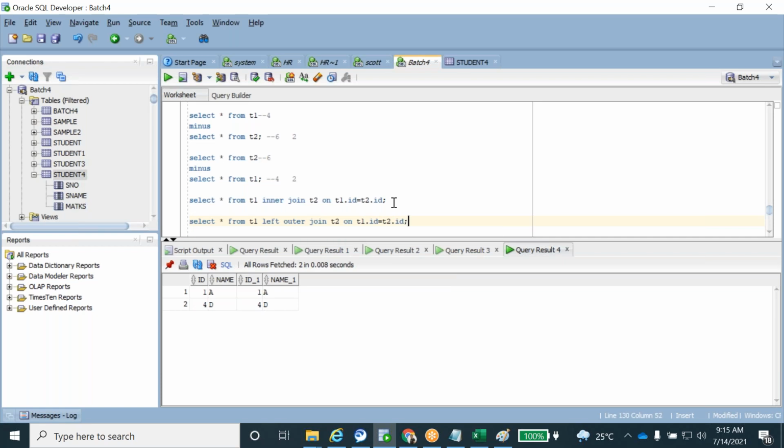Now tell me the output. What is my output of the left outer join? 4 records are available. Any other answer? Anyone? I got one answer, 4. Any different answers?